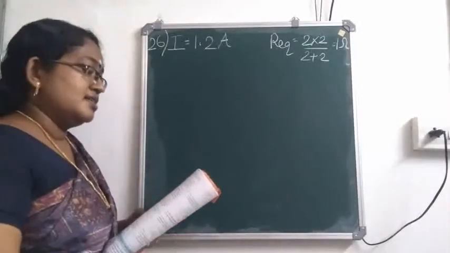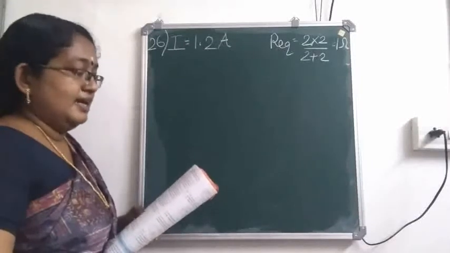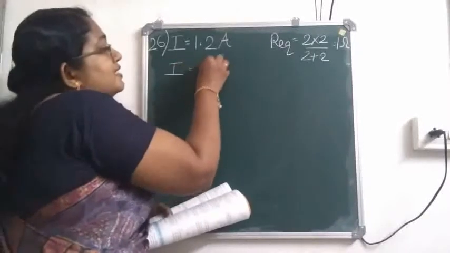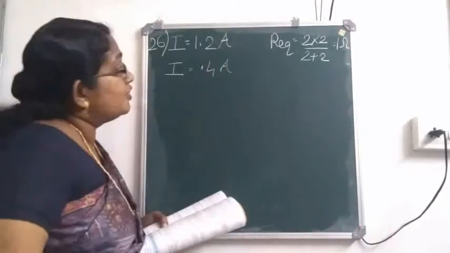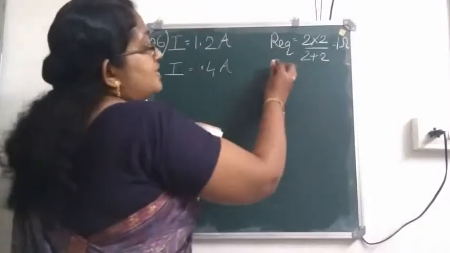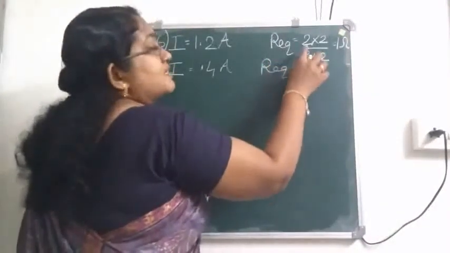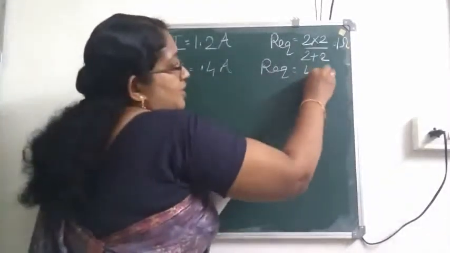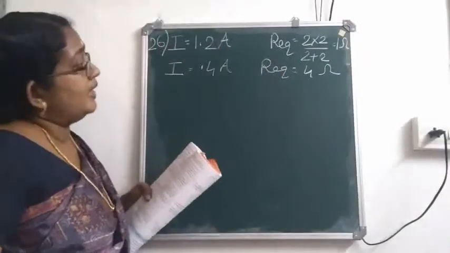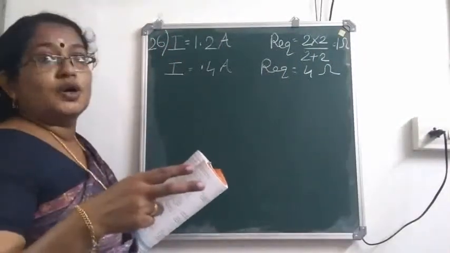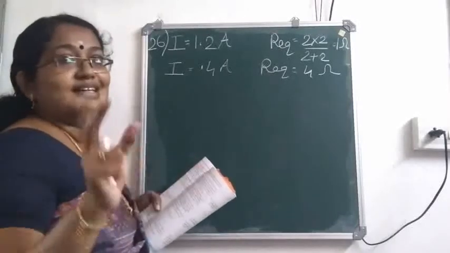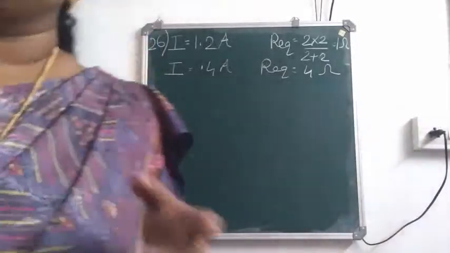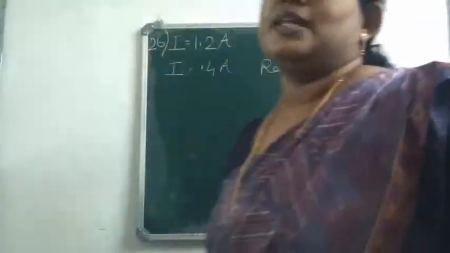Now, when the resistors are connected in series, it supplies a current of 0.4 ampere. So in the case of series connection, the current is 0.4 ampere. Series connection means what will be the equivalent resistance? In series, we directly add the resistances. So 2 plus 2, which is equal to 4 ohm. Okay. So the currents flowing through the circuit when the resistors are connected in series and parallel are given in the question. We are asked to calculate the internal resistance and EMF of the cell.